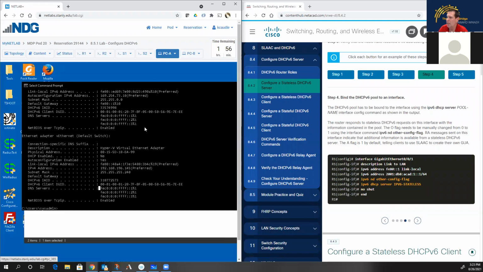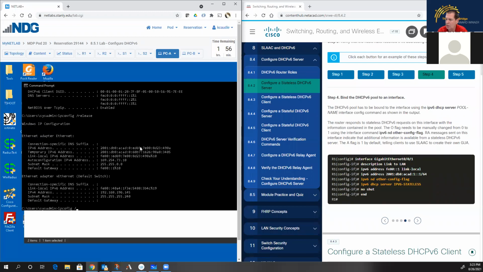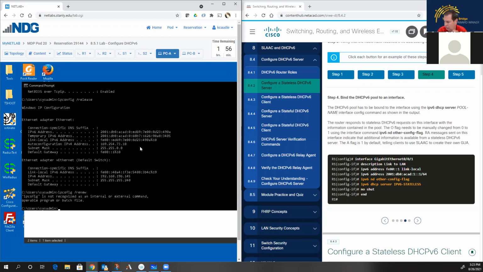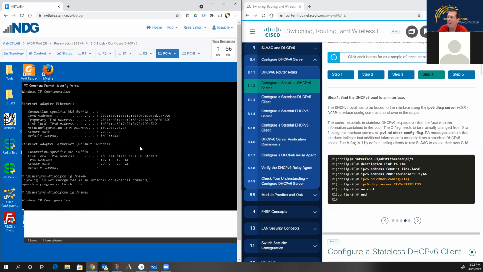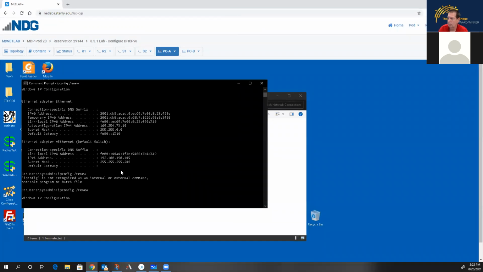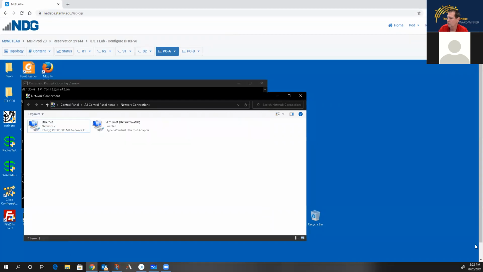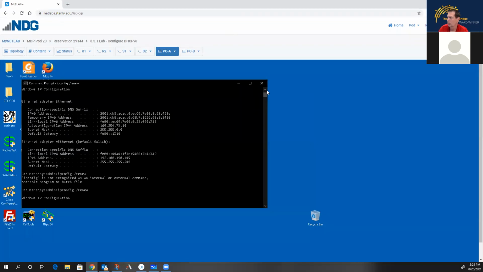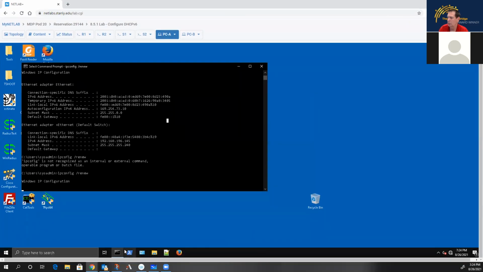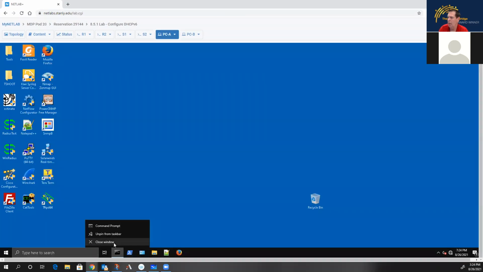And now we're going to go back to PCA and we're going to do an ipconfig /release. I'm going to do an ipconfig /renew. Gotta spell it right. And give it a few seconds and hopefully we'll get a DNS suffix and we'll get the DNS server information. It'll take it a little bit. Probably actually should use